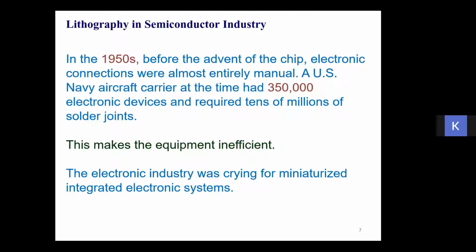So you can understand how many solder joints there would be in such equipment that a Navy aircraft carried. That creates degradation in the efficiency of the equipment, and this raised a demand for a miniaturized system where you can avoid joints and wirings.